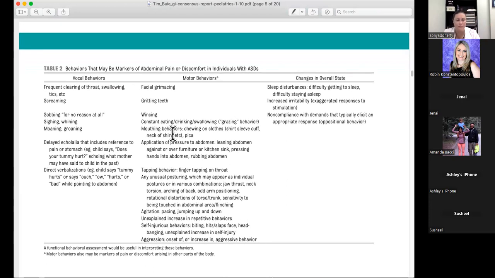So sometimes they tick, they swallow these big gulps for no reason. They cry for no reason. They groan and they moan and they whine. They grind their teeth, sometimes to the point of damaging the teeth. They constantly want to eat or drink. They're putting stuff in their mouth. They're chewing. They'll press their belly on furniture or lay on the ground. I think I mentioned this too. Sometimes they will do a lot of stuff with their private area that can be very disconcerting for families.